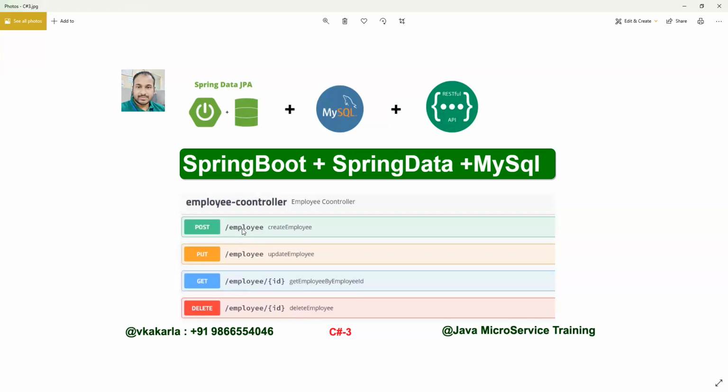And after that, one of my senior colleagues suggested that whenever we are doing these REST kinds of URIs, we need to give slash some application name, slash employee. This is the employee service, right? So slash employee with a post means create employee. Put means update employee. Get means we get slash employee slash id.